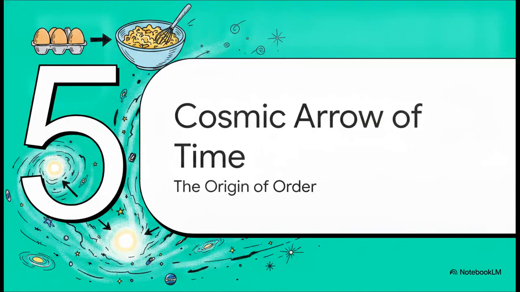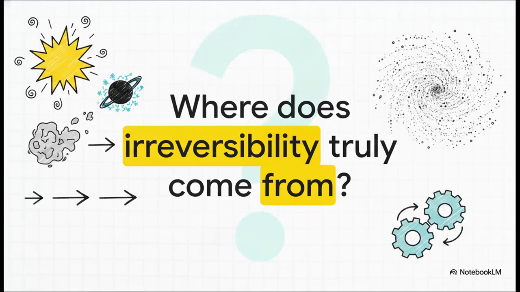But hold on a second. Let's zoom out. Section 5, the cosmic arrow of time. Because this brings us to the ultimate question. If things are constantly moving from order to chaos, from separated to mixed, where did the order come from in